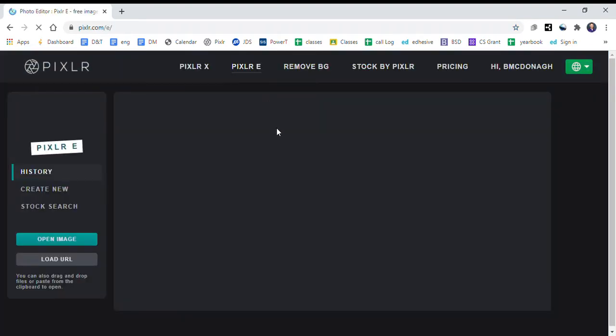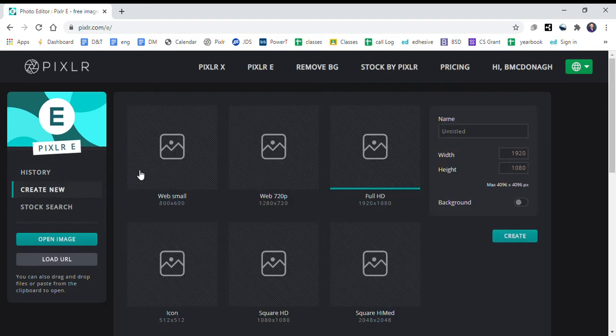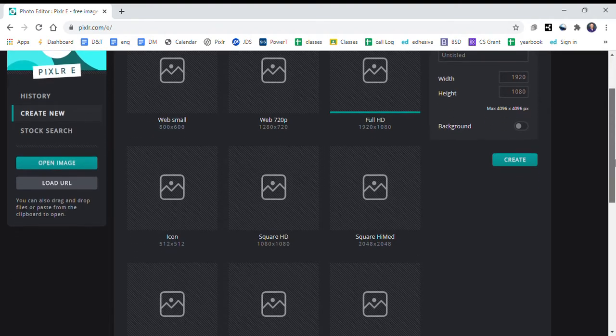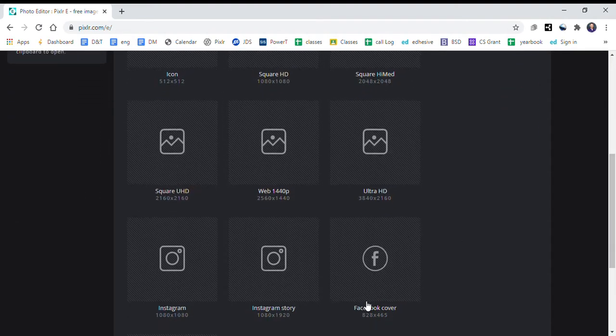Okay, as I'm already signed in, the first thing I'm going to do is create a new file. The way I do that is over here, create new. It's asking me what kind of file I want to create. For example, if I wanted to create something for Facebook, it'll set up that file in a certain format perfect